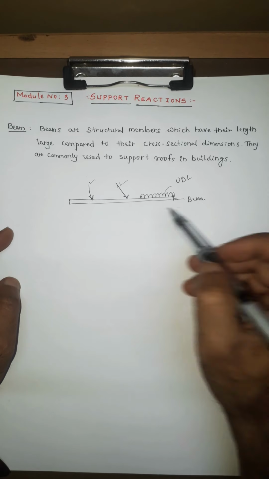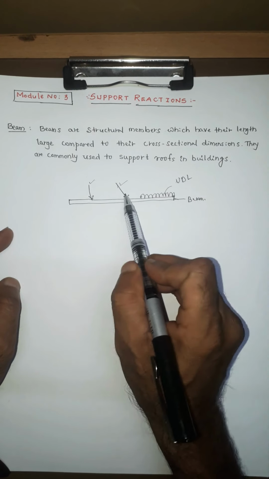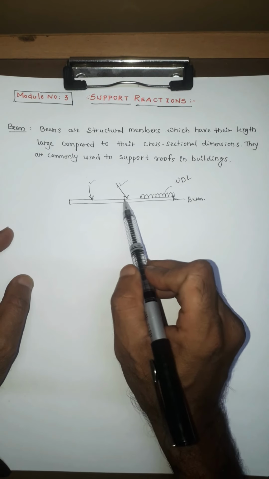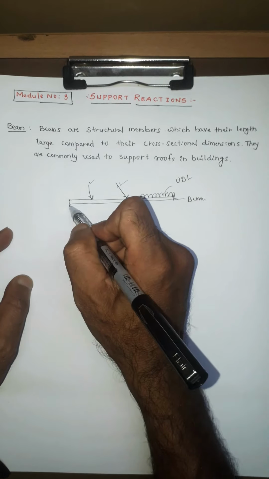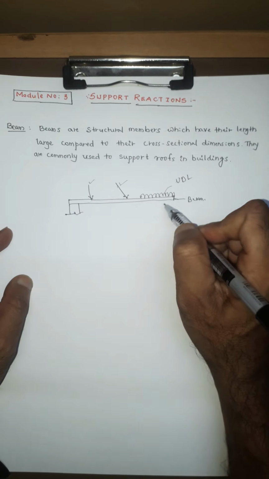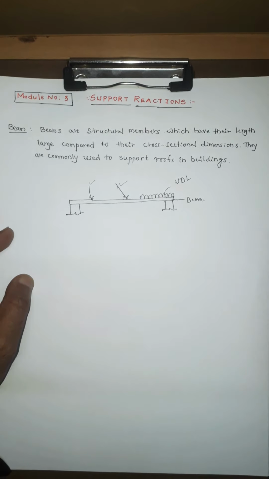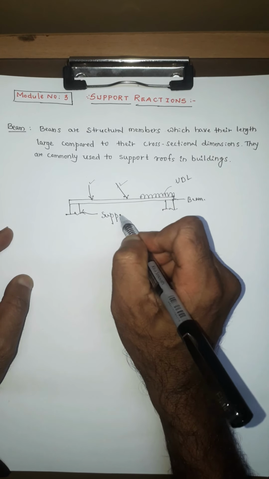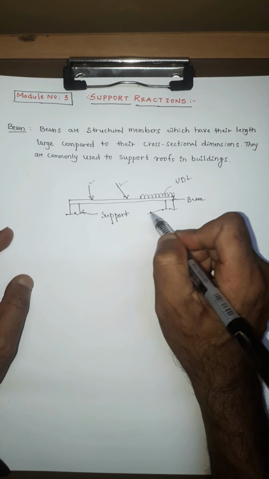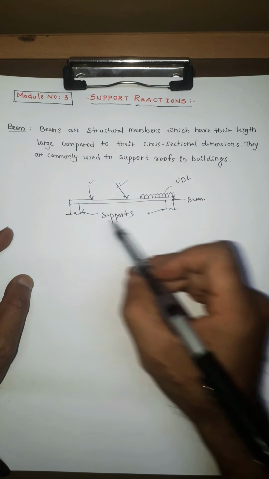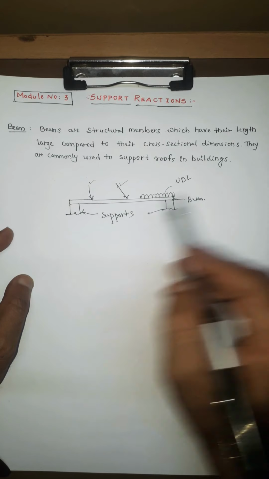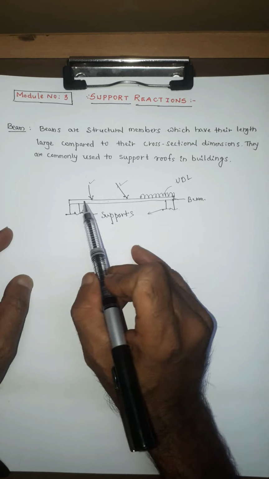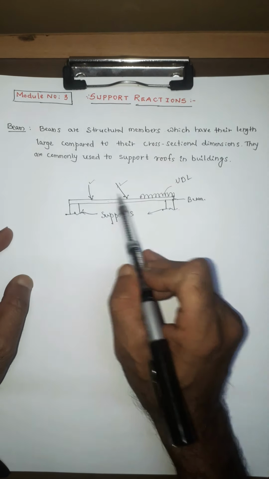When this beam will be stable, who is going to take these loads? That is important here. Somebody has to take these loads, and these loads will be taken by the support. Suppose I provide a support here, and a support here, this is called a support, and this is also a support. What these supports are, we're going to see at later stages, but right now the beam is resting on these two supports, and this beam is subjected to different types of loads.